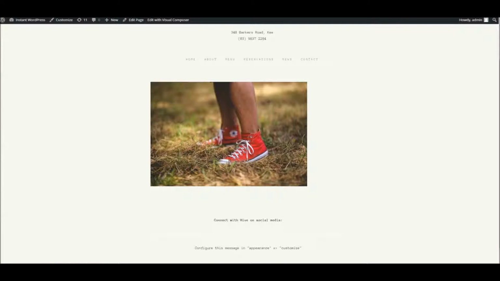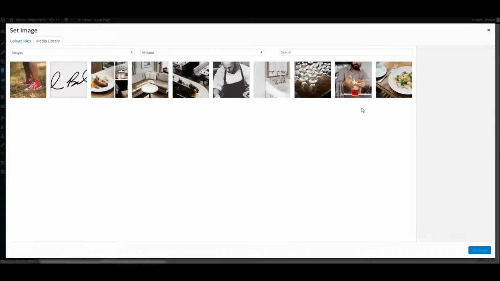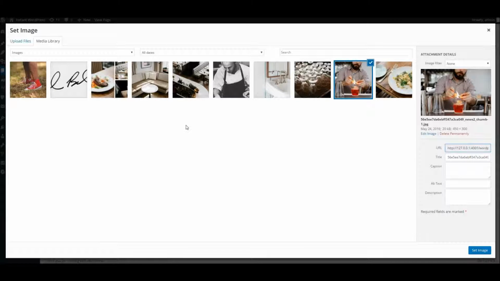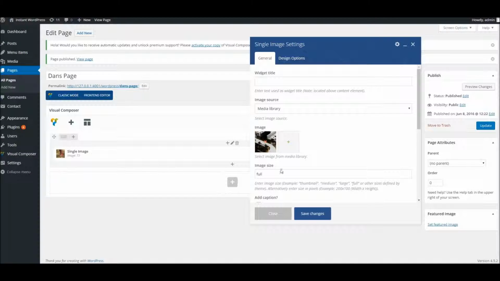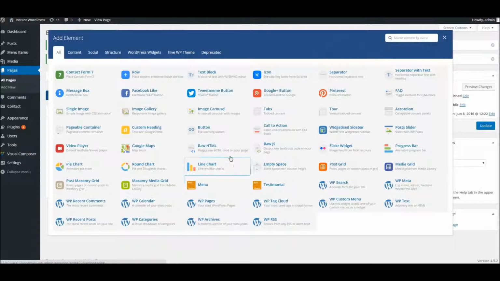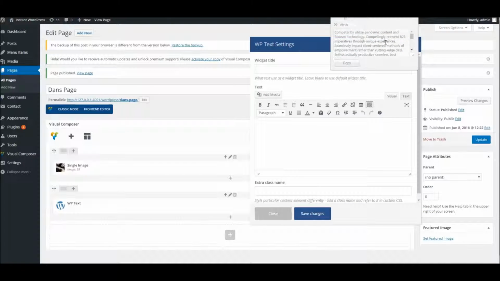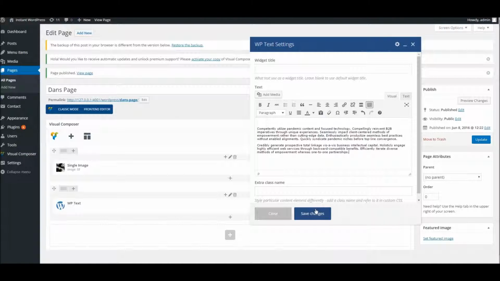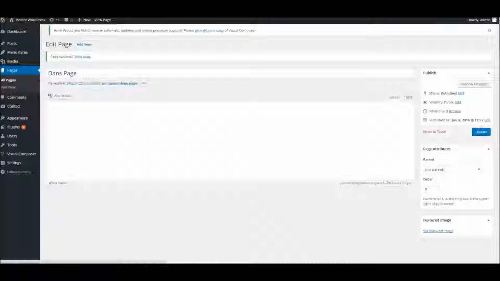We'll start adding a bit more content below. I'm just going to replace that image, actually, it's a bit thin. I'll pop it in. This one here. Okay, so to add some text below that, we're going to add another element just by hitting the plus icon there, and we'll drop in the text block available to us. And here, I'll just put in some blurb. But before we do anything else, I'm going to update the page and we'll take a look, see what that